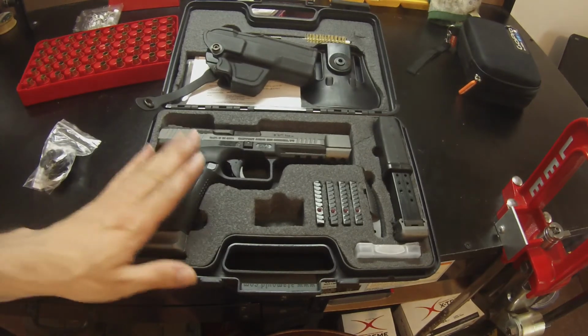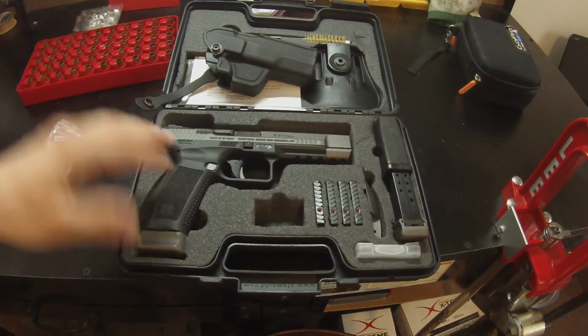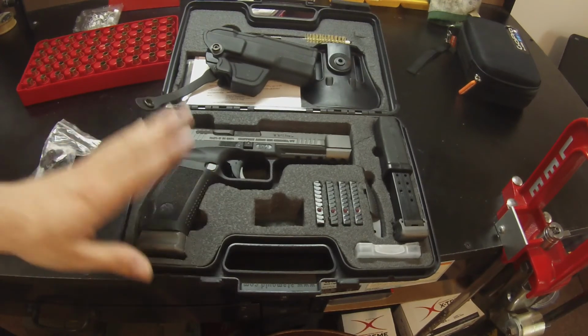Now this gun is amazing. So let me snap to it real quick, guys, let you guys see me shooting it, and then we'll get back to talking about